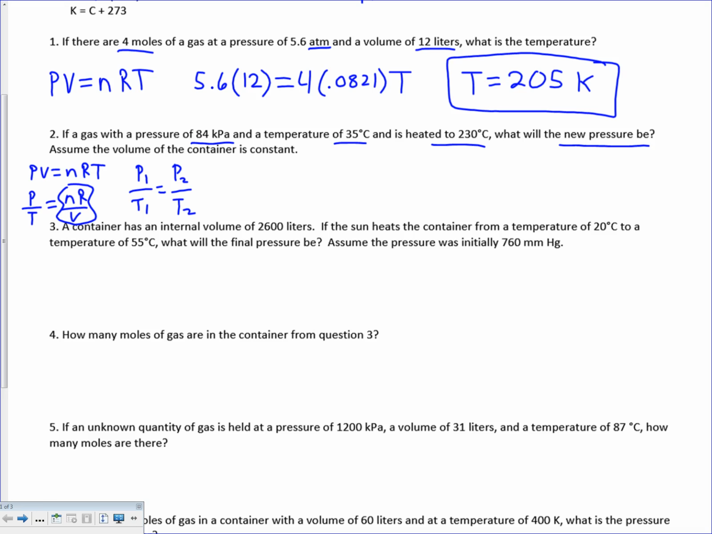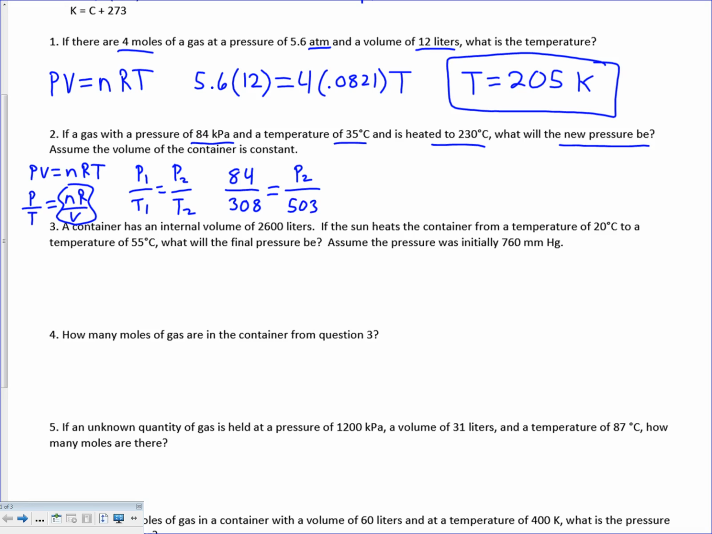So because we're not using PV equals nRT, we can just plug 84 kilopascals in here directly because this is a proportionality equation. There's no R in this, so it doesn't confine us to those units. Temperature, however, has to be in Kelvin, so we have to convert that 35 degrees Celsius to Kelvin. It's 308. That equals, on the other side, we're trying to find the second pressure. Second temperature, it says it's 230 Celsius. That comes out to be 503